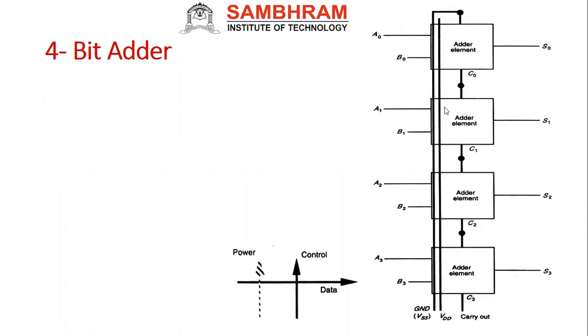What is that? Here we can see this black color line, the Cin. This is our Cin, correct? This is the Cin actually. Now you see here I connected the Cin, because as you know I should give Cin equal to 0 or 1. But a full adder normally has 3 inputs; if you want to perform a 4-bit addition, it has only 2 inputs, correct?